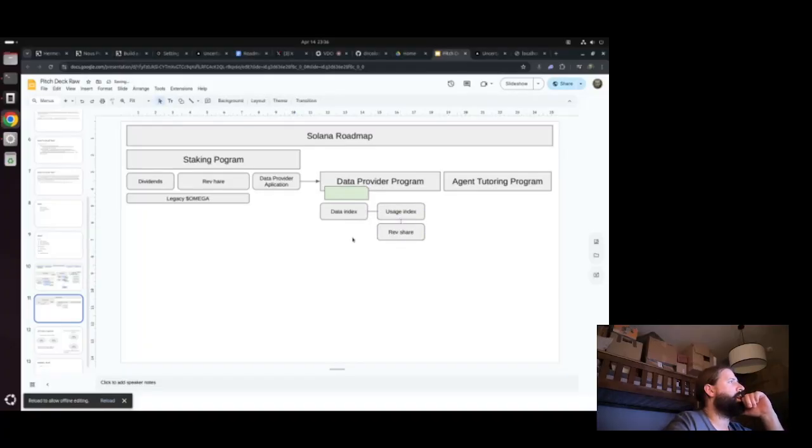Sorry, I'm being inconsistent with the way that I'm drawing this stuff. But essentially that's what it's going to be, right? You're going to have a data index with the data that you're uploading, a usage index, a rev share. The idea of the data provider program is that essentially you're providing data, and rev share is from, again, let me explain this well. Okay, so this is